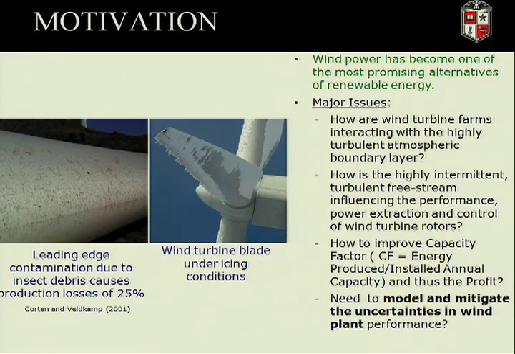If you look here, these wind turbines are operating very nicely, very beautiful. Over time, you would find that those blades become rough, not because of combustion as happens in gas turbines, but because of mosquitoes. So you begin to increase the drag, and it was shown in 2001 that this produces losses of 25%. Bad news.